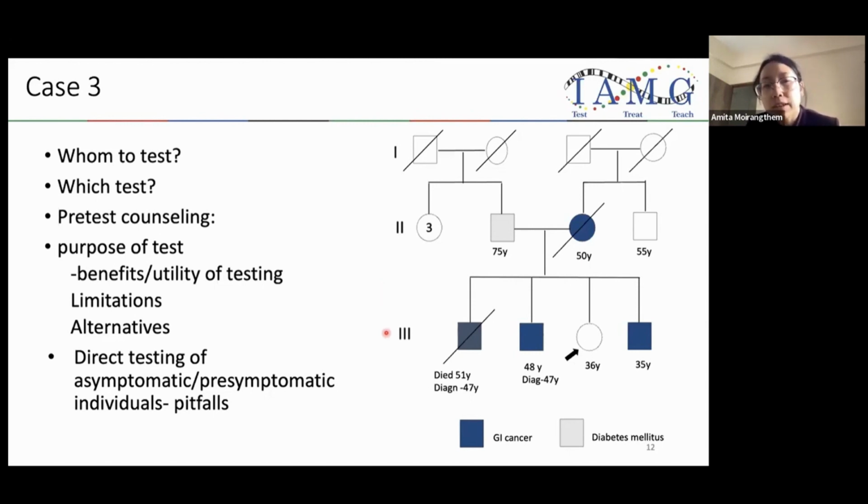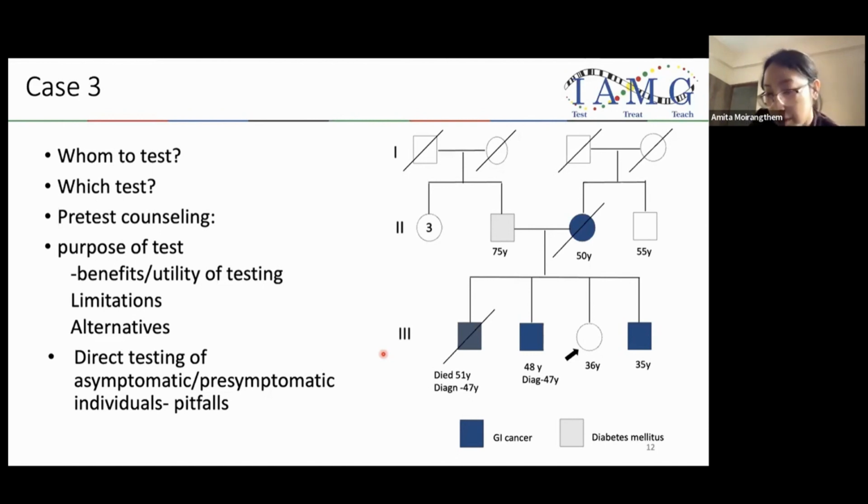Sometimes direct testing of asymptomatic or pre-symptomatic individuals can be done when we do not have the affected individuals available for testing. However, in such cases, there are various limitations and pitfalls which have to be explained to the individual